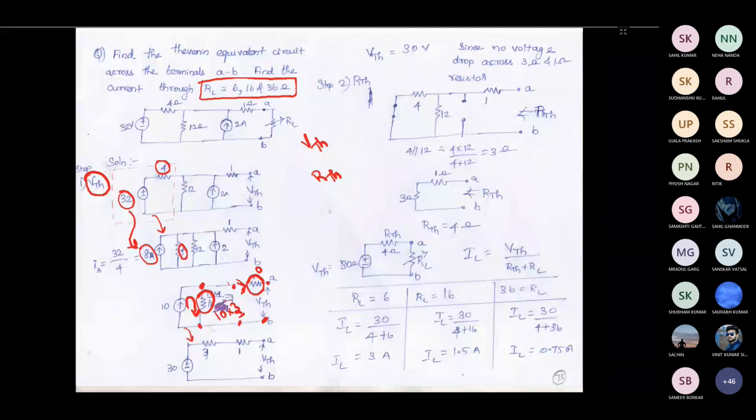So here the VTH is 30 volt, or again you can convert this using source transformation. If you convert, you will be getting a voltage source with a resistor in series. So for that, you are having a current source here and you are having a resistor here. So voltage magnitude can be given by 10 into 3, and the resistance value is just as it is. Now the current is not flowing through this path because it is open circuited. So whatever the voltage across this is available in the source, that will be appearing across these terminals A and B. Okay, so here we have found the VTH.